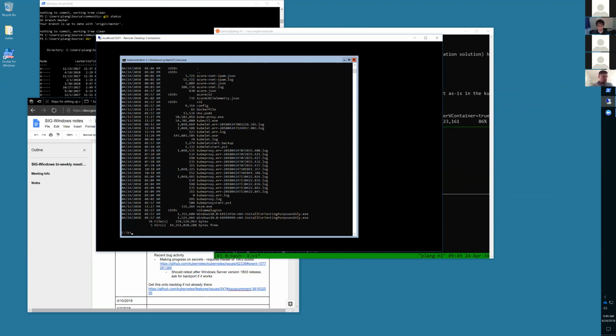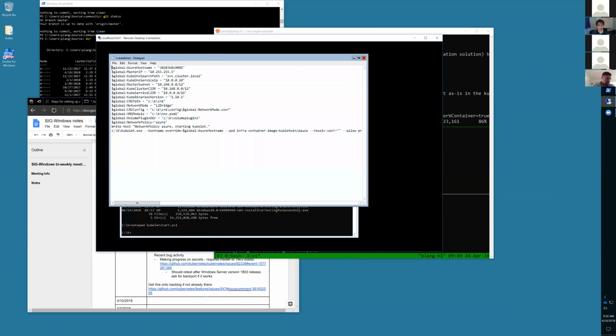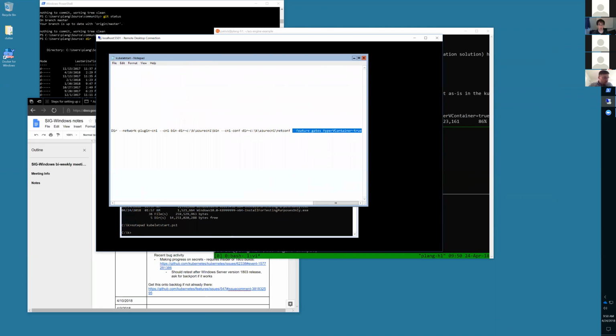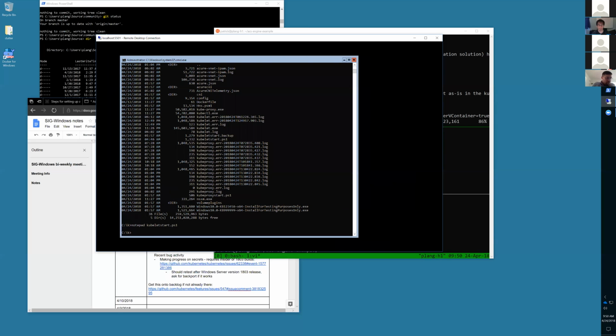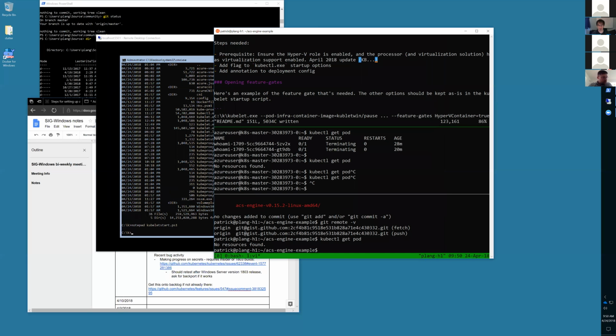And so on the node, the only change that's really needed other than installing that patch is basically adding an extra feature gate enablement here, because this is currently an experimental feature. So the kubelet command line just needed that to be enabled there. And because it's an experimental feature,